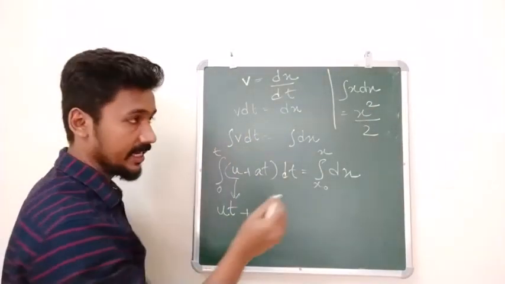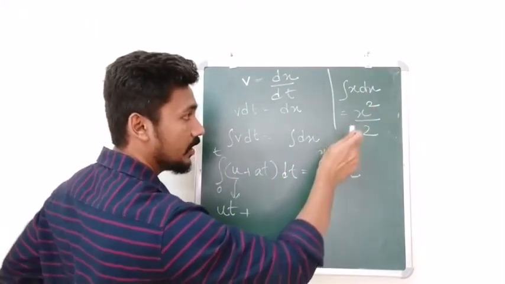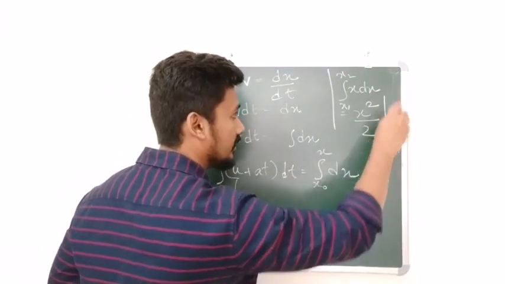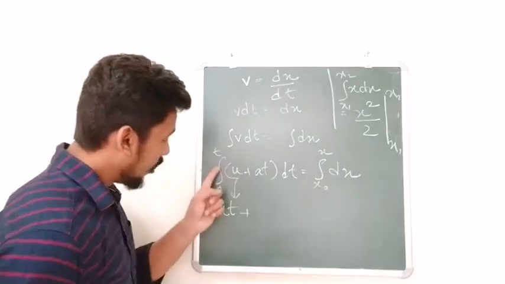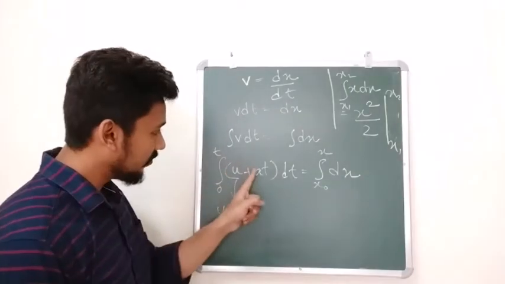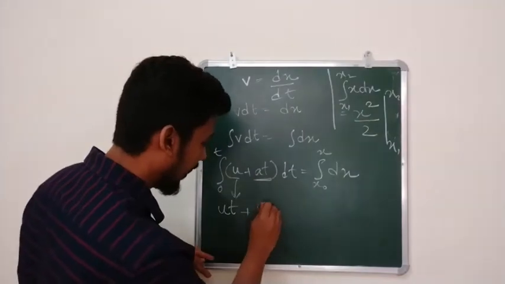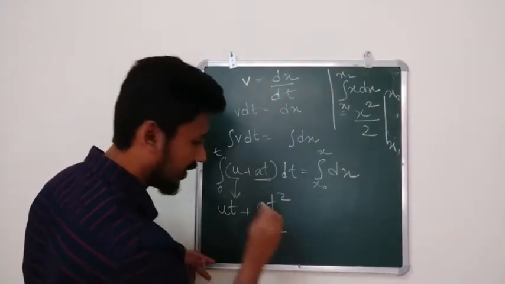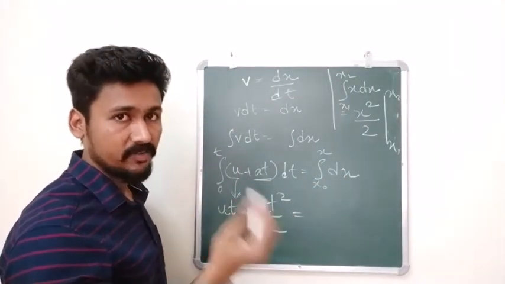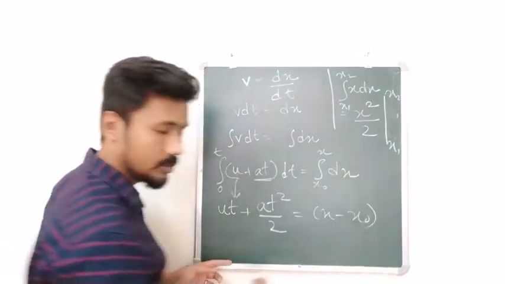Okay, once again, what is integral of x dx? Integral of x dx is x square by 2. If it is having some limits, that is x1 to x2, then this will be written like this. Okay, so how much will be integral of at dt? A being a constant, it will come out, and integral of t dt will be t square upon 2. So we will get this term as a t square divided by 2 equal to integral of dx. Now I am sure you remember very well. Integral of dx will be x between the limits x and x naught. So it will become x minus x naught.